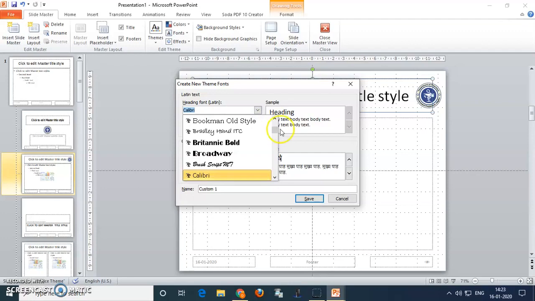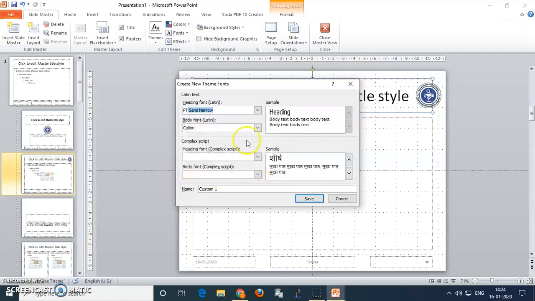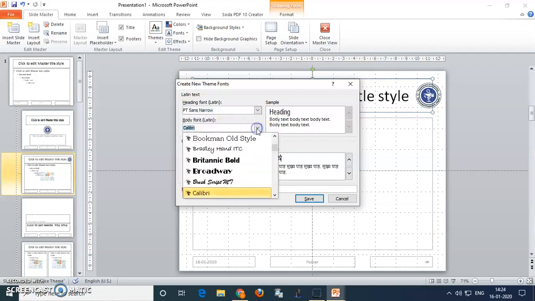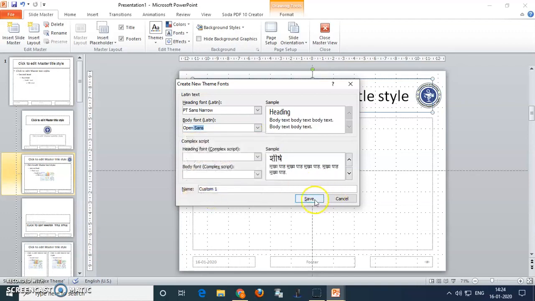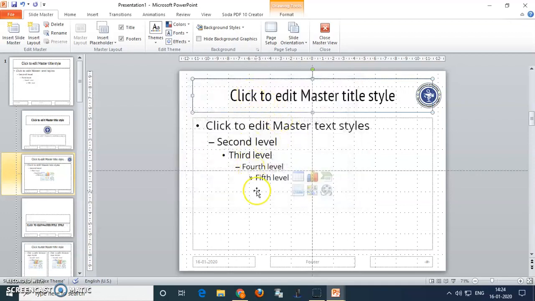Just select one font for heading, for example I will select PT Sans Narrow, and one font for body, I will select Open Sans, and press Save. So the font of every slide gets changed. In this way we can set the fonts also.